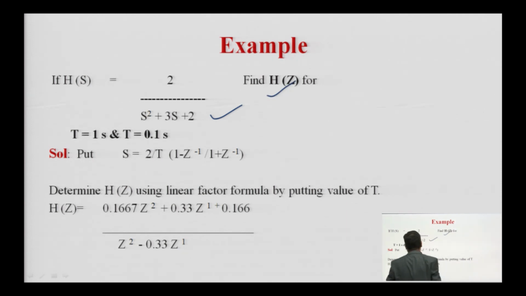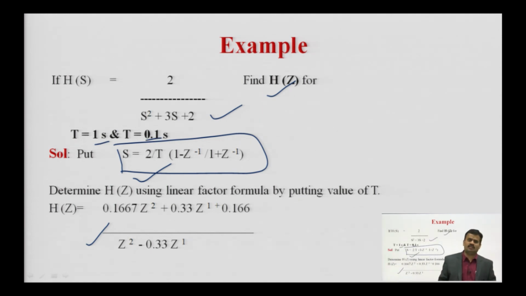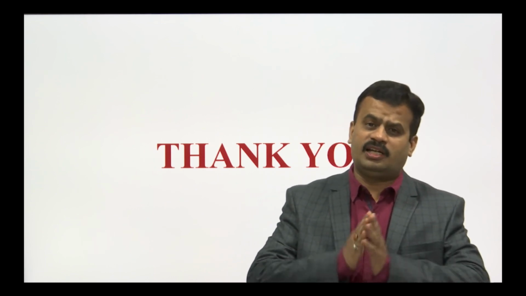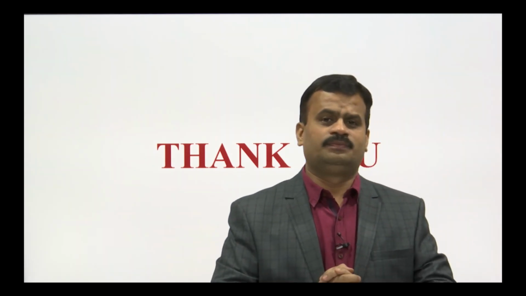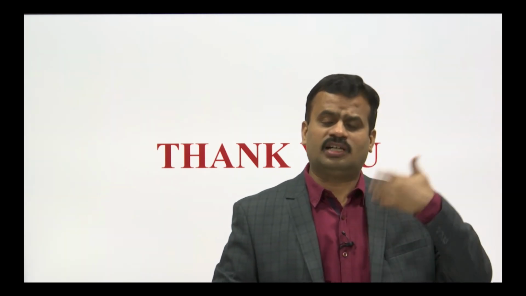So, this is the question; easily you can solve here. H(s) is given to you. Now, you have to find out H(z). So, you only have to put s is equal to 2 upon T into this, and you will get the answer after putting the value of T equal to 1 second or 0.1 second. If it is not given, then you can assume T equal to 1 second, and you will get H(z). So, it is very simple: only put s is equal to 2 upon T into (1 minus z inverse) upon (1 plus z inverse). So, I hope it is clear to everybody how you design the IIR digital filter under the impulse invariant method, what are the limitations, what are the advantages.